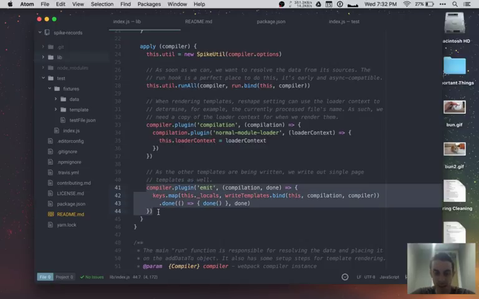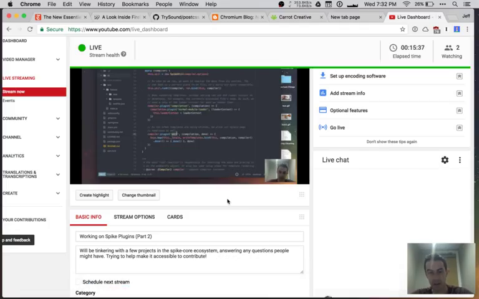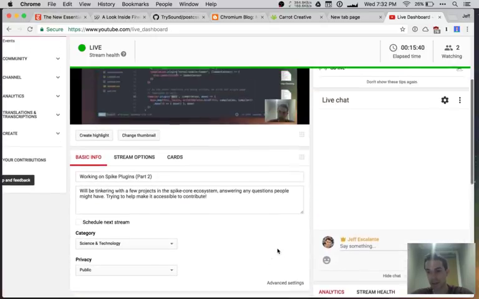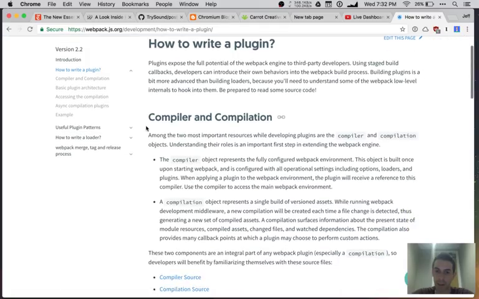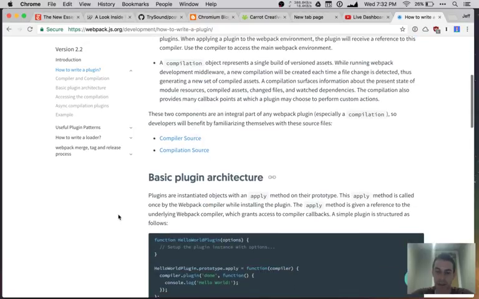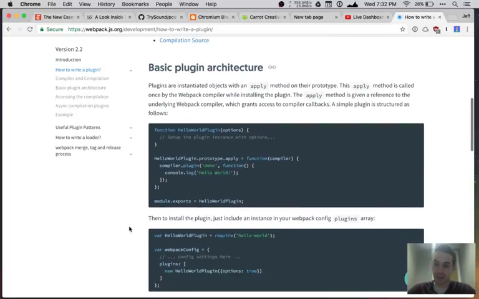So now here in the emit hook, this is the hook where it's writing out its assets. If you want to add to the assets that it's going to write out, this is the place to do it. And you can read more about this on the Webpack docs. They have really great docs. The next version of the docs for Webpack 2 are fantastic. Oh, 2 people, nice. Okay. And this is a great page where you can read up on how the plugins work, how the compiler and compilation stuff goes down. It's very, very helpful. And if there's anything on here that's confusing, I've gone through this a lot, so I would be totally happy to